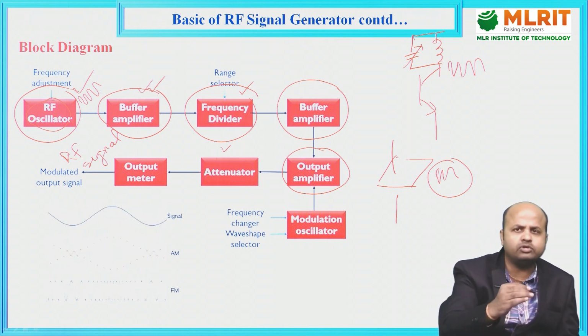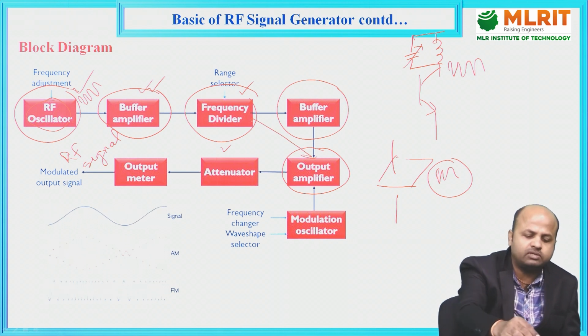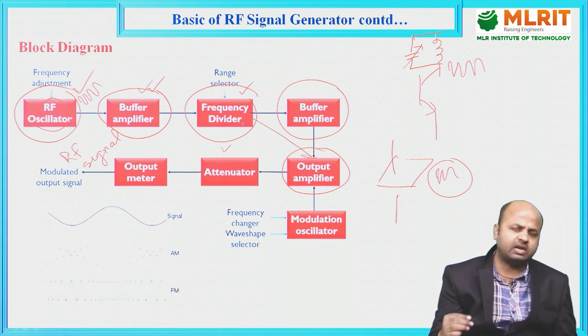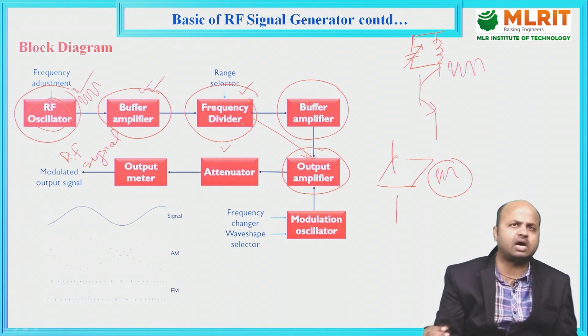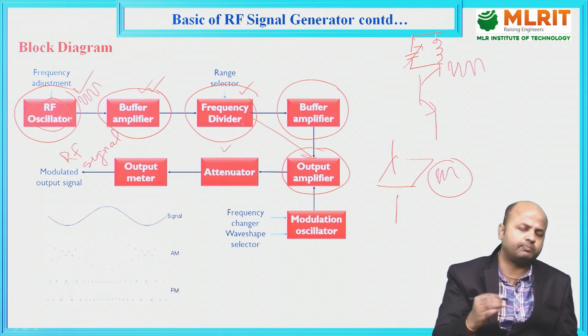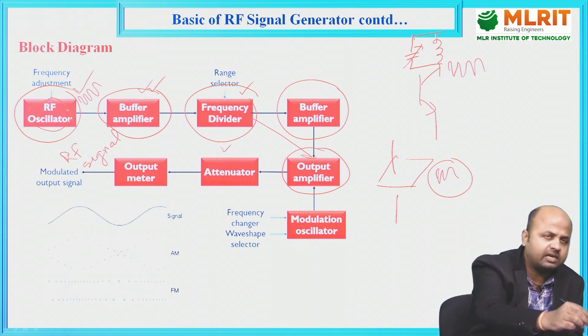If you don't use the buffer amplifier, there might be some distortion between two circuits, and we will not get a proper signal. So whenever we are dealing with the RF signal generator, a buffer amplifier is a must. Here we are seeing first the RF oscillator, it produces some RF frequency range signal, which is given to the buffer